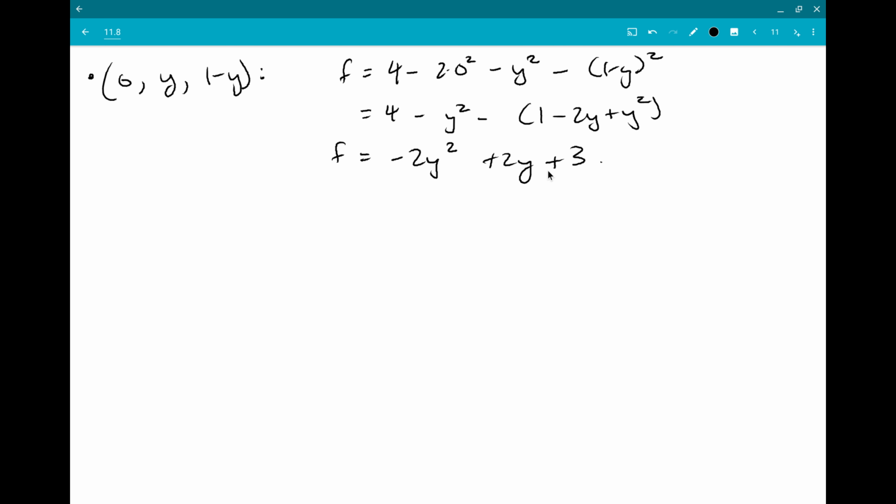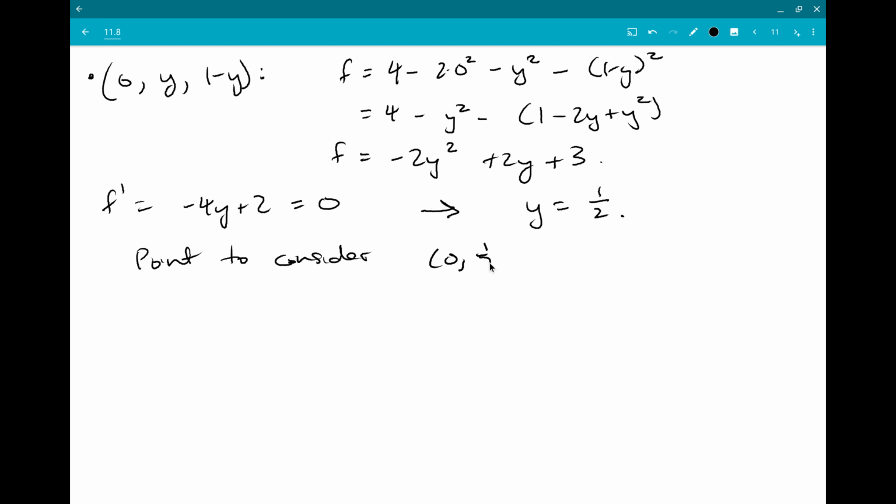And if we want to maximize or minimize this, we could plug in every single value of y and see what happens, or we can use those handy tools we should remember from Calc 1, and we say, okay, the derivative of f is minus 4y plus 2. And when that's equal to 0, I'm at any of the possible maximums or minimums. So that tells me that y should be equal to 1/2. And if y is equal to 1/2, then the point to consider is going to be 0, 1/2,